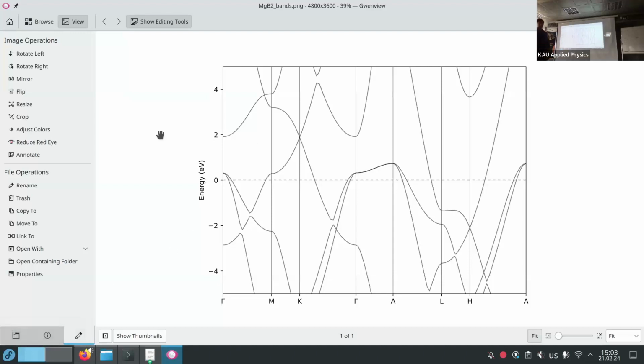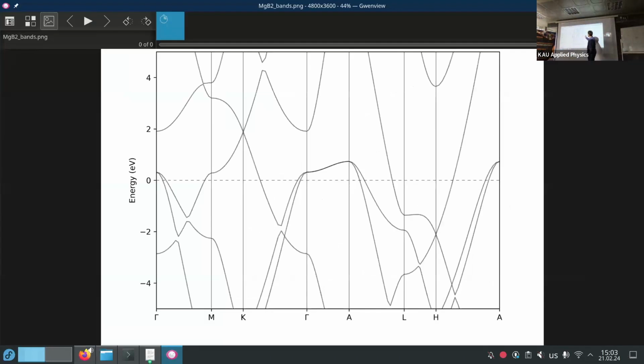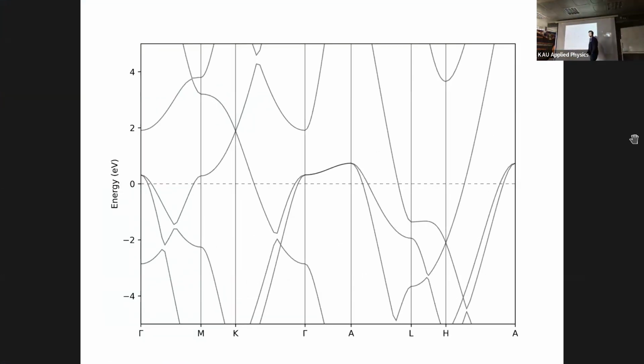So let's slightly discuss it. You see that, more or less, it's like titanium selenide 2. I think because these two structures are hexagonal, they have more or less the same crystal structure.